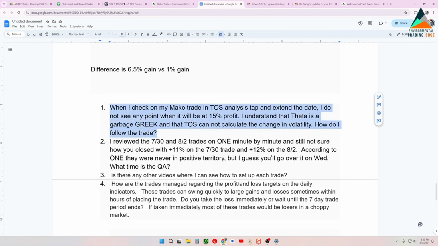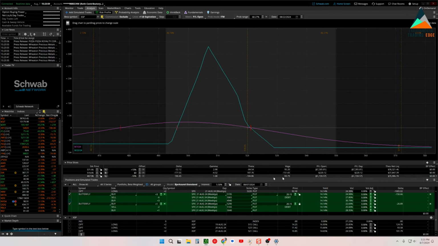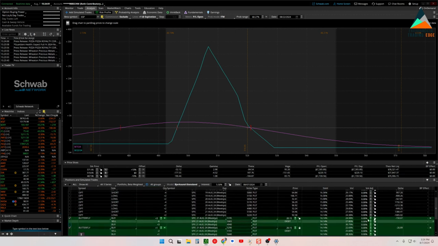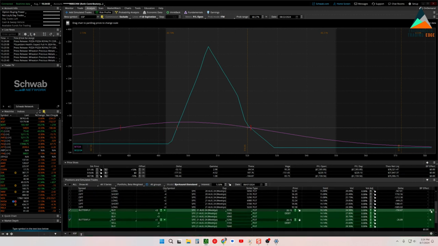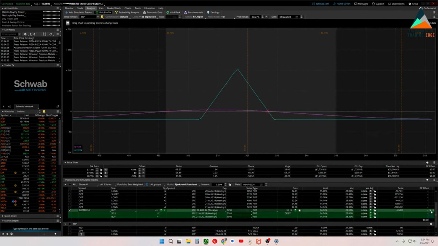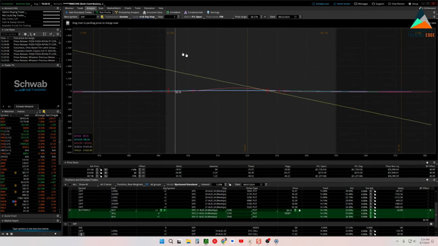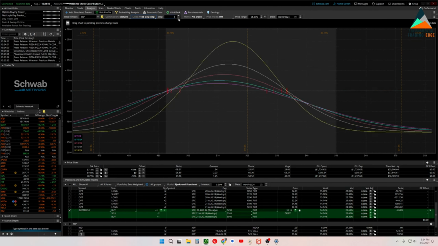I follow the trade just like everyone else does. I put the executions in. On the Mako trades, they do get pretty nutty, right? But if you try to do a day step, and let me bring this down so that we can see, if you try to do a day step like this on calendars, especially when the Mako turns on,